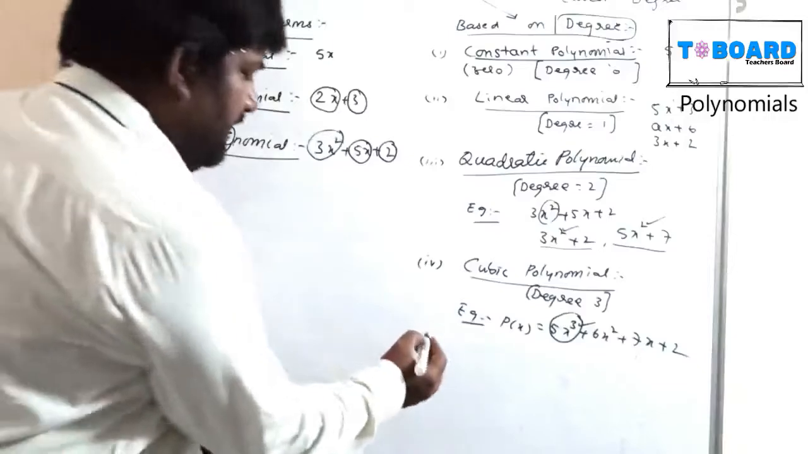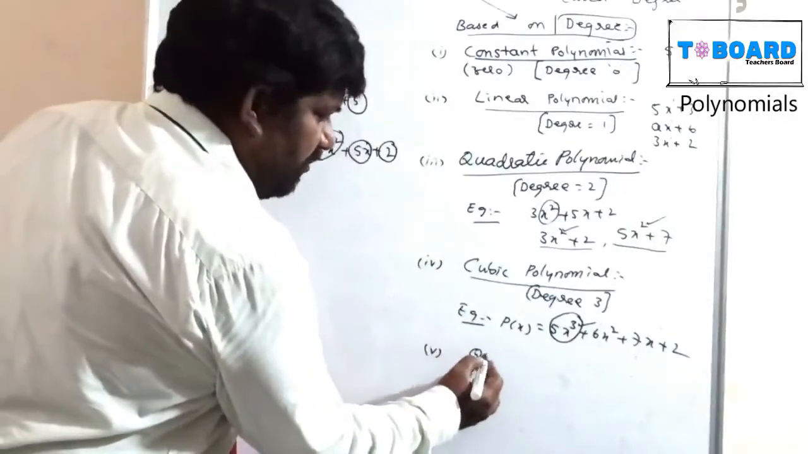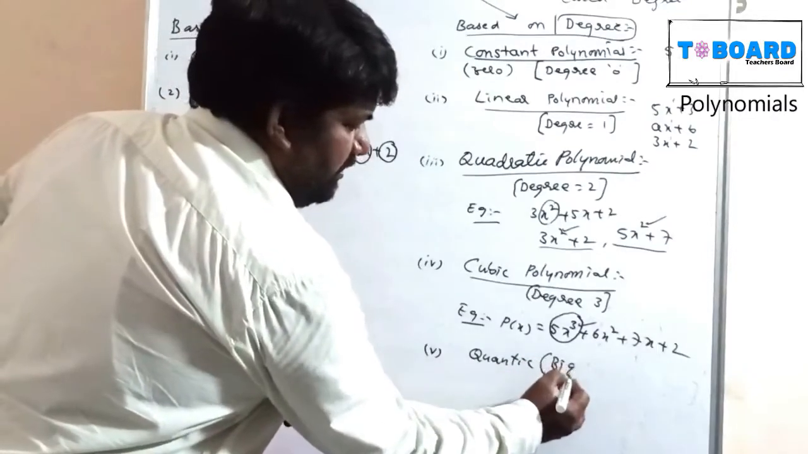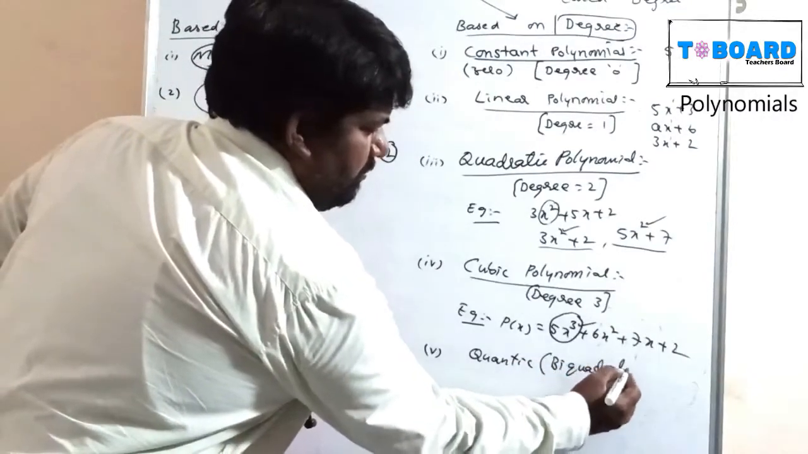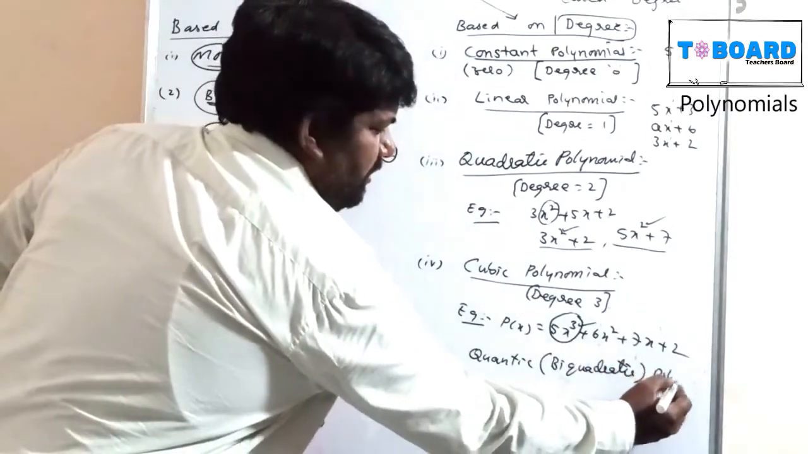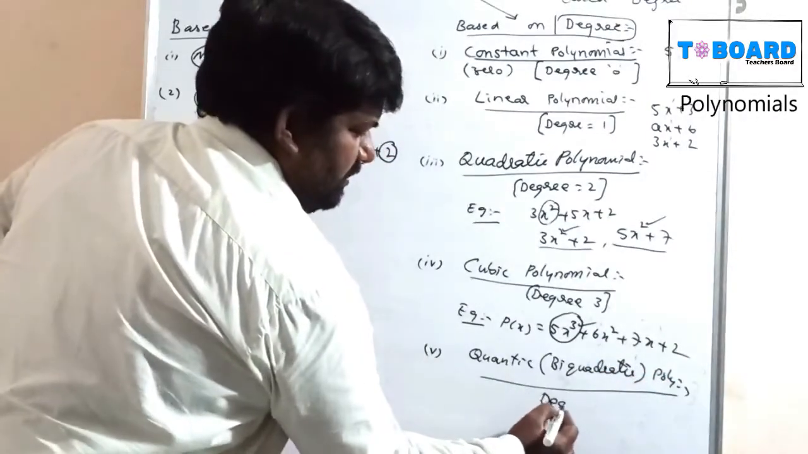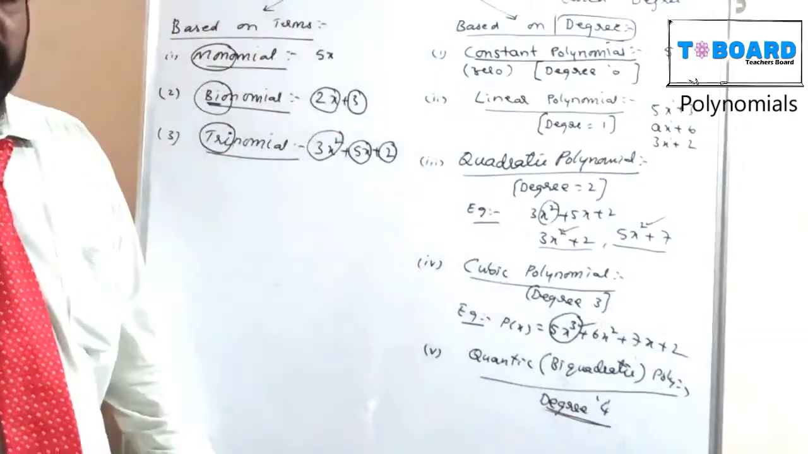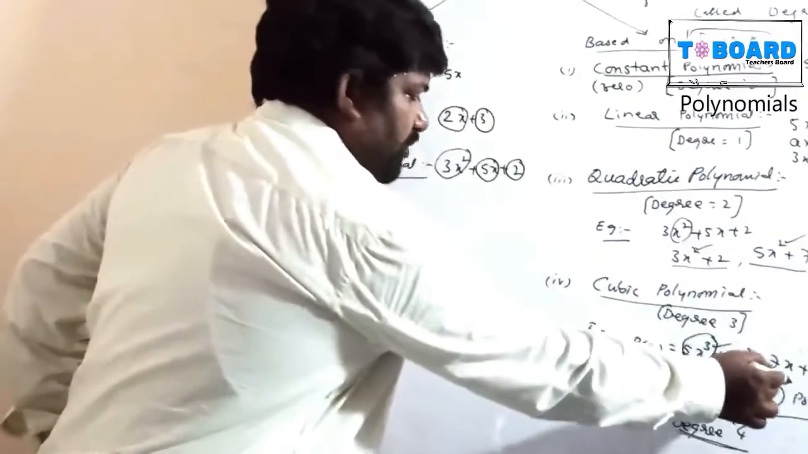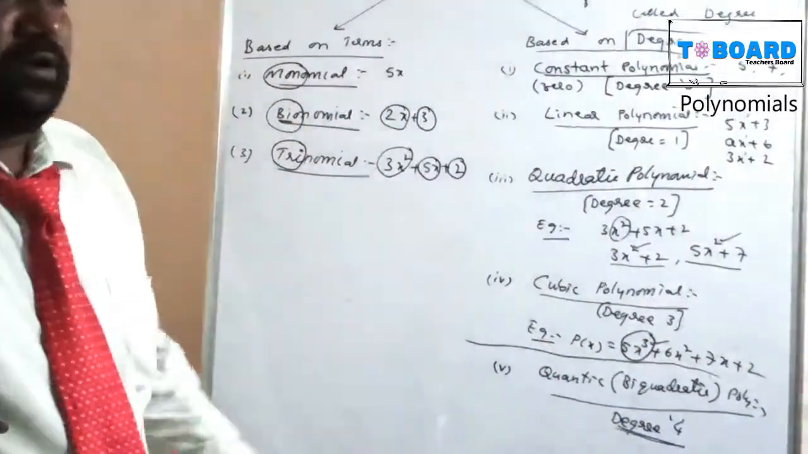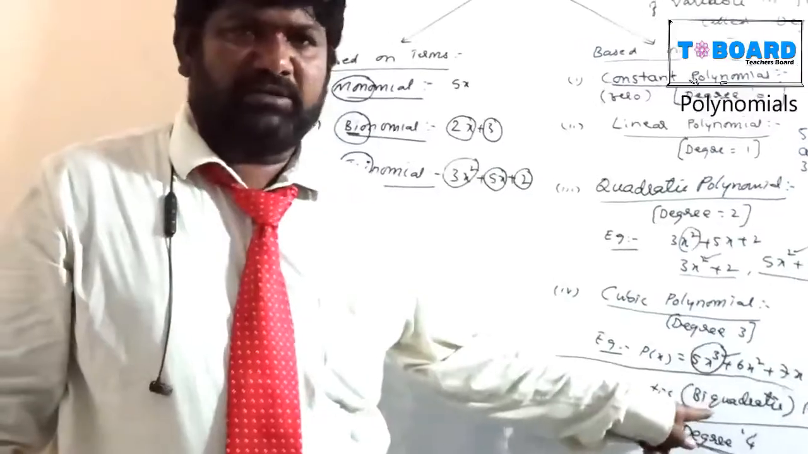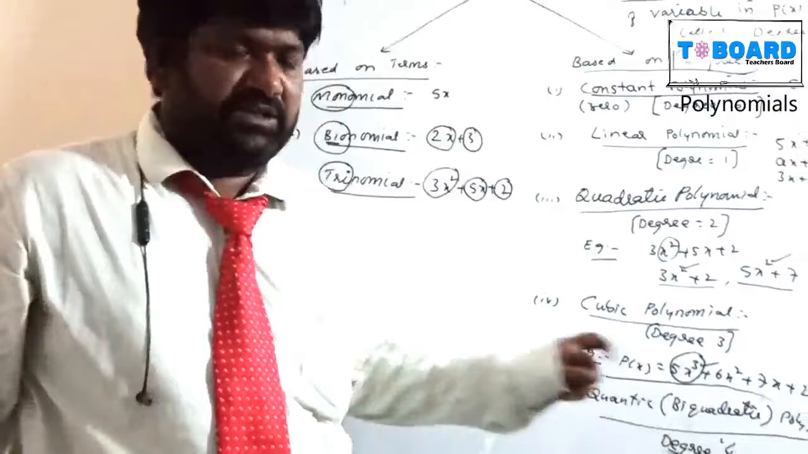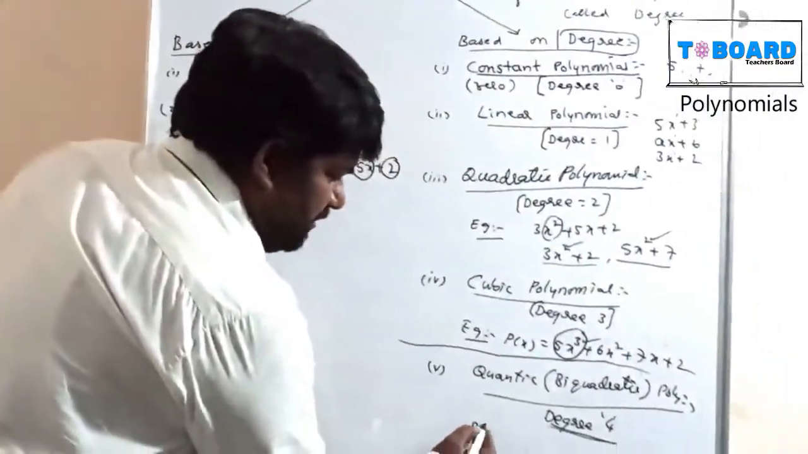And the degree is 4. If the degree is 4, it is a biquadratic polynomial. In your 10th class, only the cubic polynomial is enough. In your higher classes, you will learn the biquadratic polynomial. Biquadratic polynomial means the degree is 4, for example,